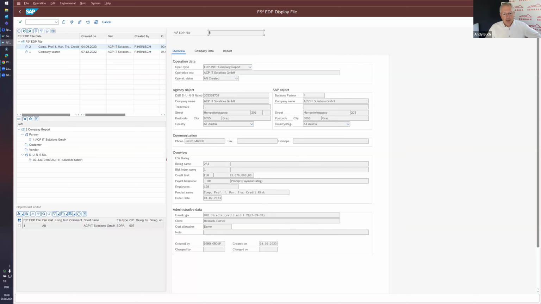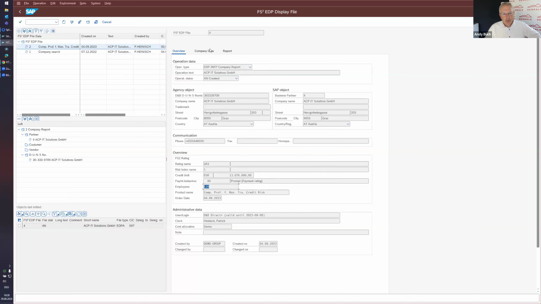So we do get some general information, like address information, but we do get rating information as well, the credit limit recommendation, payment behavior, how many employees, and some administrative data. This is the overview screen.